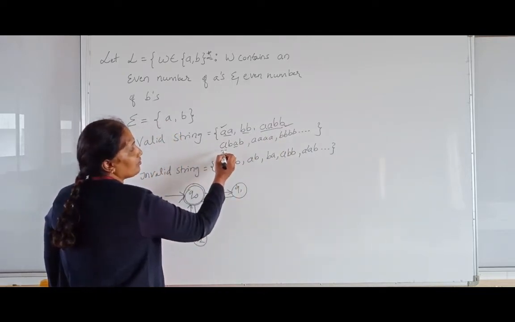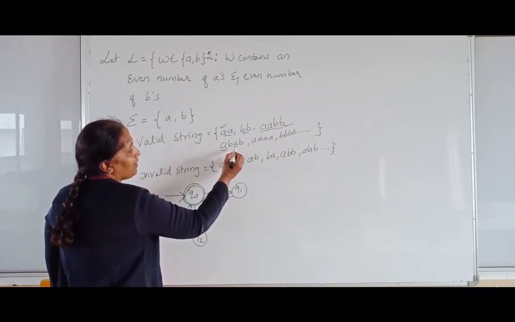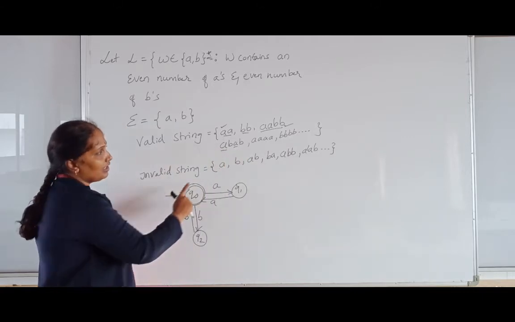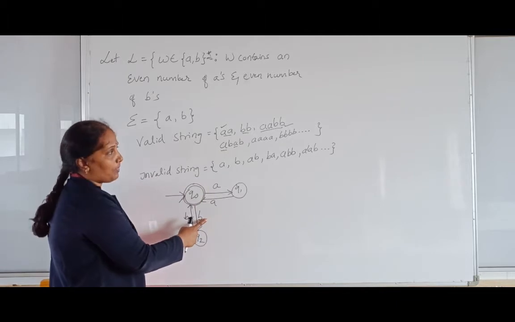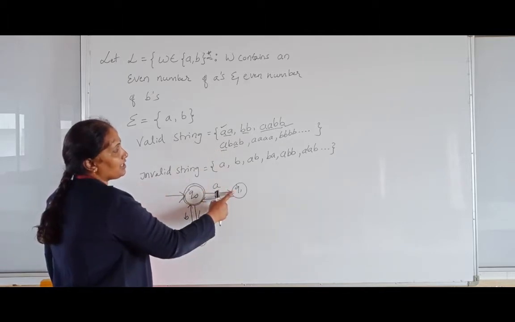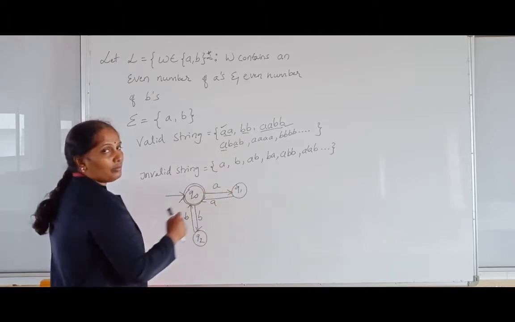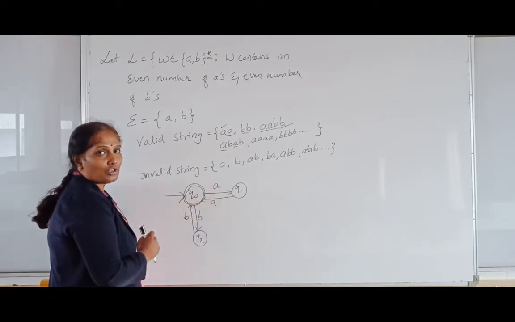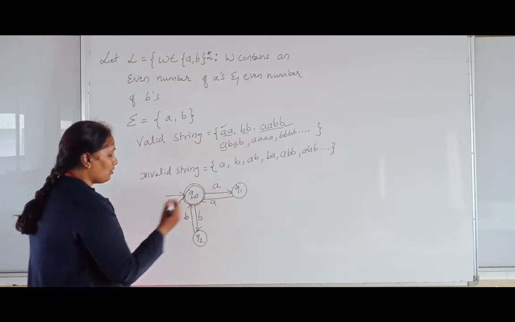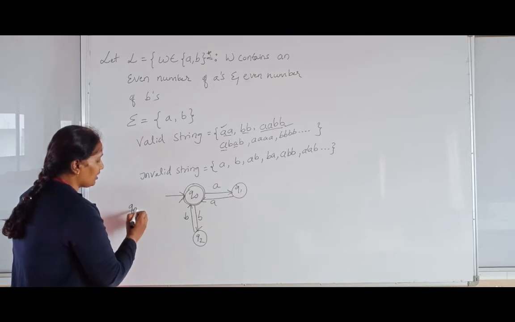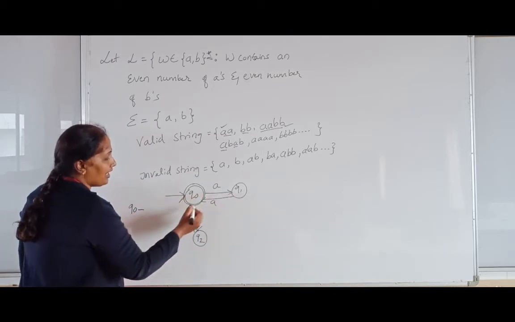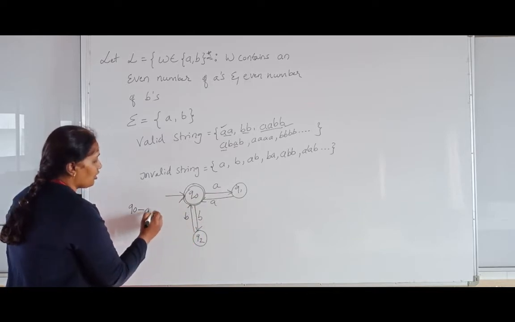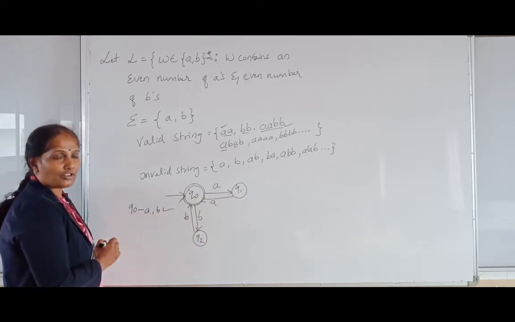Next, take the fourth string, that is ABAB. So it is a valid string. Check out whether it is accepted by your DFSM or not. So here when A comes, it will change the state to Q1. What about B? B's transition I had not shown from the Q1 state. So first you write down the transitions from each of the states. So for the Q0 state I had shown the A transition and the B transition. So both are shown.